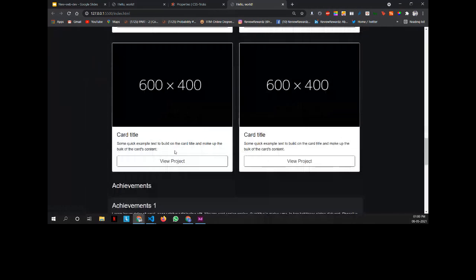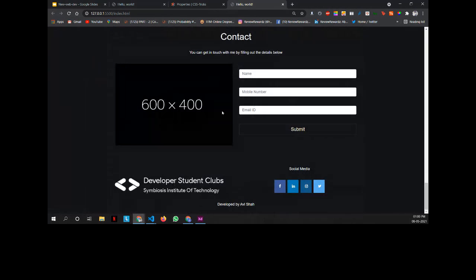So that is that. And about this contact us part, you all could just add an image of your choice out here. And for the submit button, I'll try to give you all an open source code so that you could have this functional.